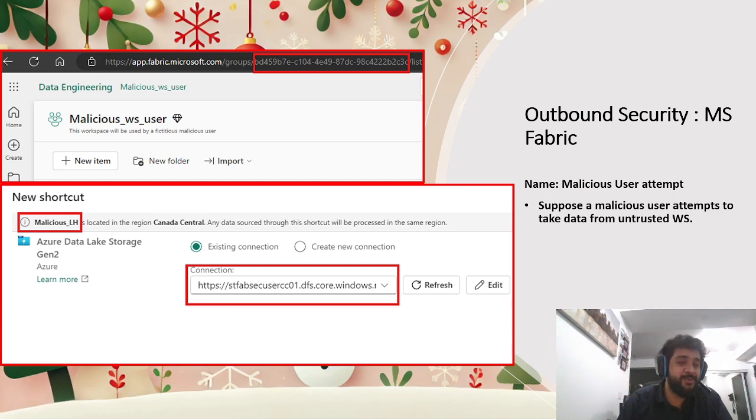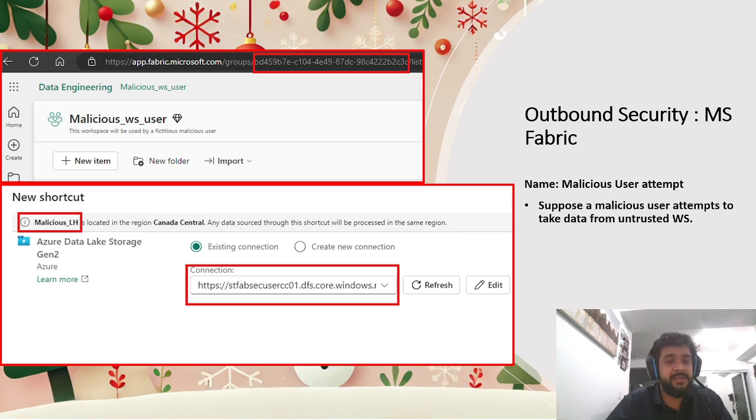Now, I just wanted to give you guys a quick view of what would happen if, let's say, we had a malicious user, right? Let's say we had a user who is disgruntled with the organization that he works for. He's like, you know what? I'm gonna pull some data and do some ETL loops. I want to cost the organization some money and then leave, right? Let's also assume that he's been identified as someone who doesn't need to use the trusted workspace,